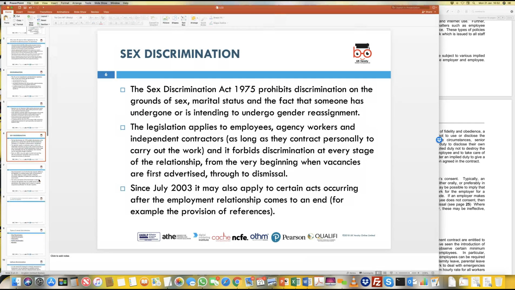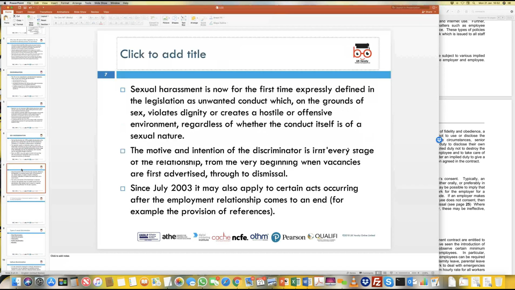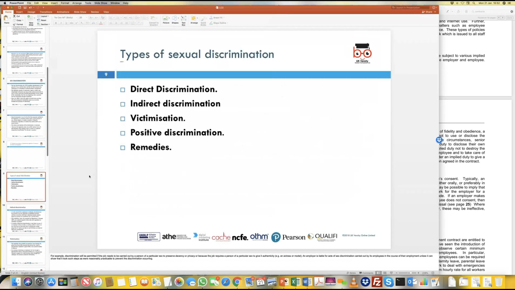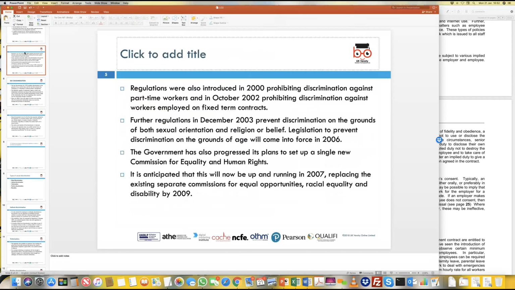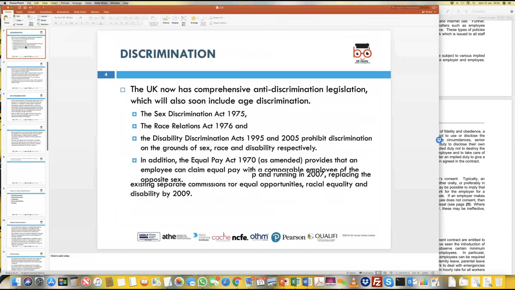What I've done in the subsequent slide is detail out these acts, what they prevent, and the reason why they need to be included in the employment contract. When we talk about discrimination and sexual discrimination in general, there are different types which can be classified: direct and indirect discrimination, victimization, positive discrimination, and then we need to look at remedies. Rather than me going into this directly, what I've suggested in one of the slides is that in order for you to get more